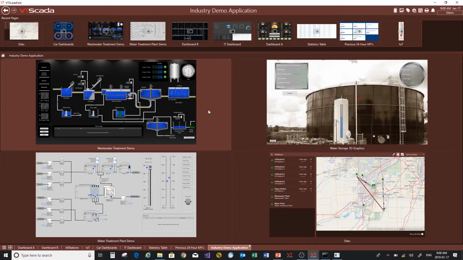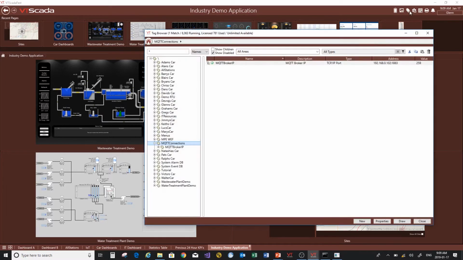Now say you wanted to actually have an operational view where you see all 4 pages at the same time, live, like we see here. But there's a lot of clutter on this view, because we have at the top the recent pages and some descriptors down there, page names. So if we take that and make it more of an operational type page,